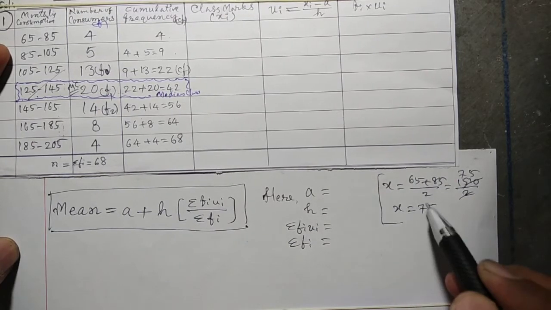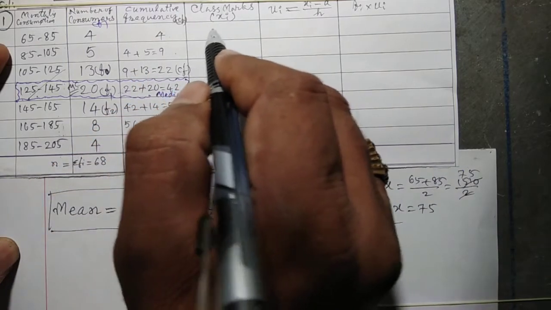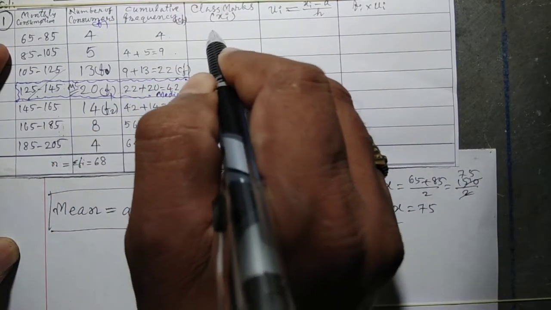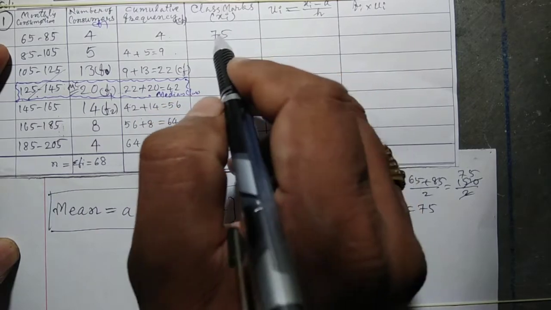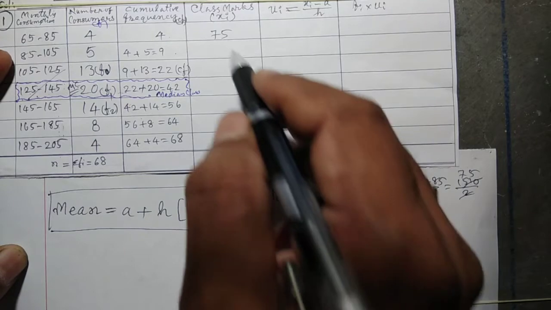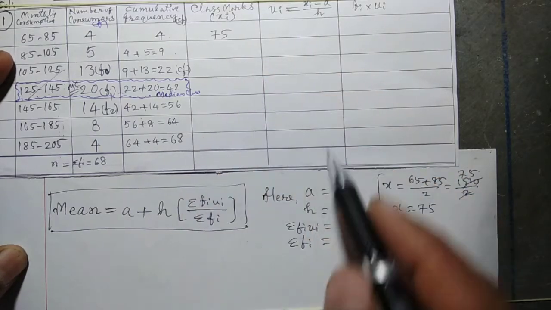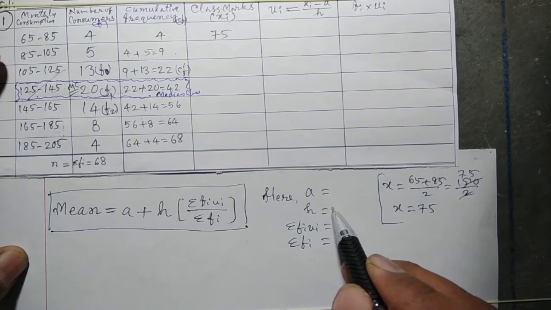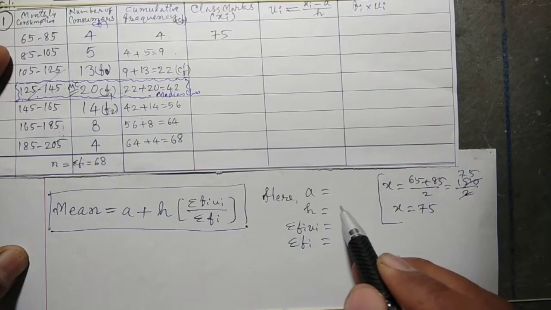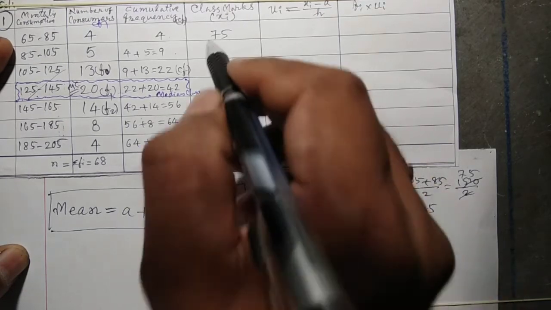So this is the first mid value, the class mark 75. Based on this class mark, we can calculate the remaining class marks by adding the height of the class. The height, or size, or length of the class is 20. So adding 20,